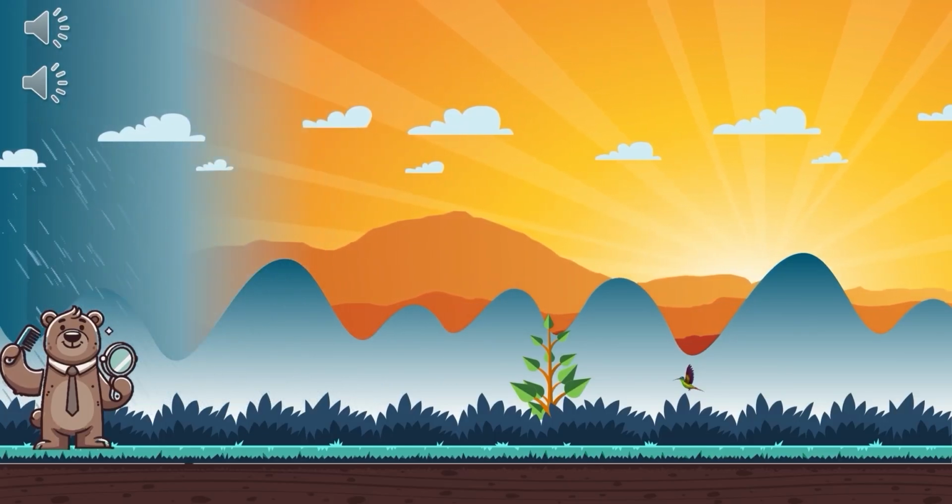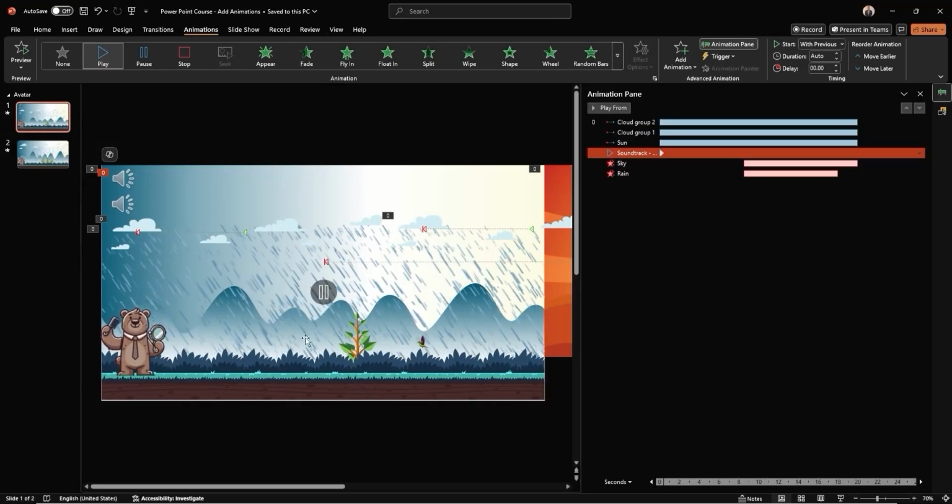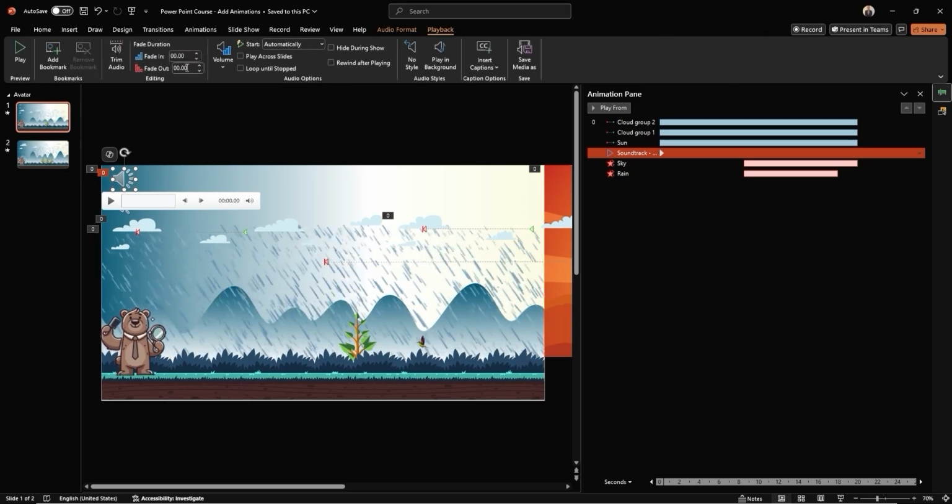Unfortunately, the rain sound stops a bit too abruptly, which makes for a jarring transition. But we can improve that easily by adding a fade out. Select the rain sound icon, then go to the Playback tab on the ribbon. Under the Fade Out option, set it to 4 seconds. While you're there, also check the box for Hide During Show to make sure the sound icon doesn't appear during the presentation.